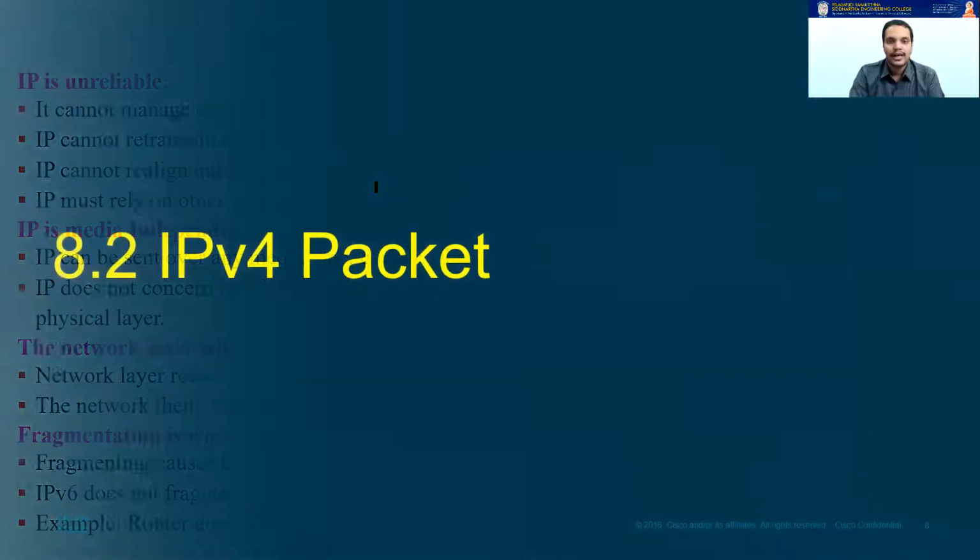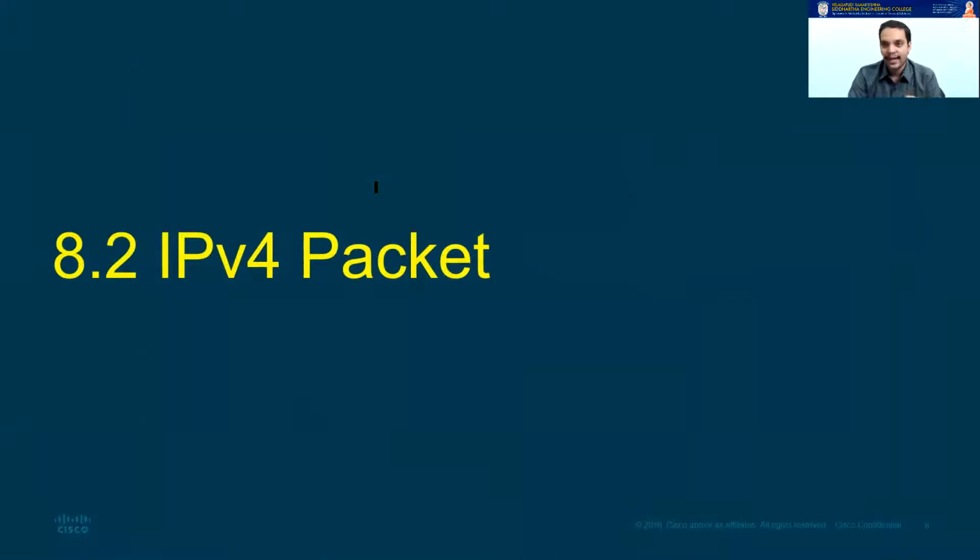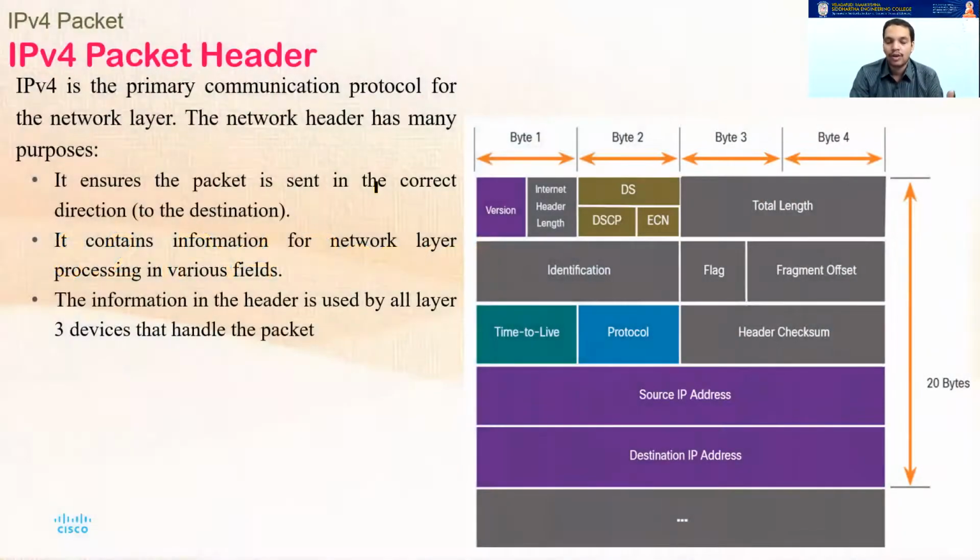Okay. Now let's see what this IPv4 packet consists of. What is all the information that is present in the packet? Remember that whatever data is given to the network layer by your transport layer, an IP header is added to it. Once the header is added, we call it an IPv4 packet. Once again, there are two versions of your IP protocol, IPv4 and IPv6. So first, let us start studying the IPv4 packet, what it does, what is all the control information that is present in this particular packet.